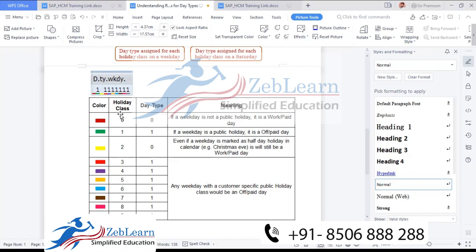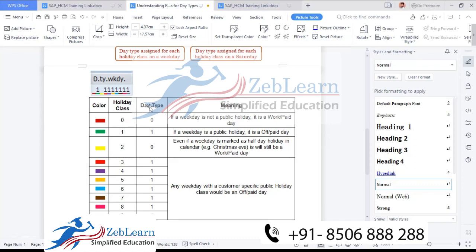And suppose for Christmas Eve, they are saying it should be a half day holiday but paid. According to holiday class, it will be a half day holiday.